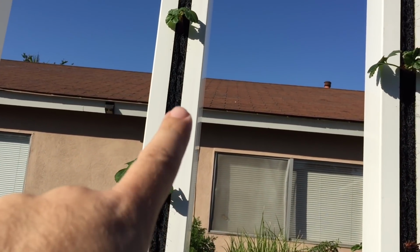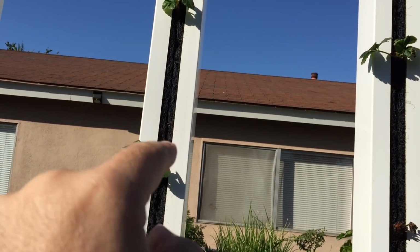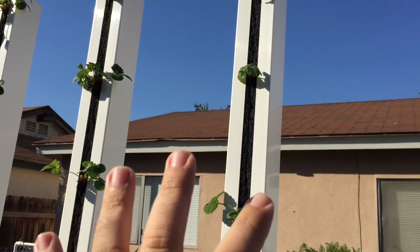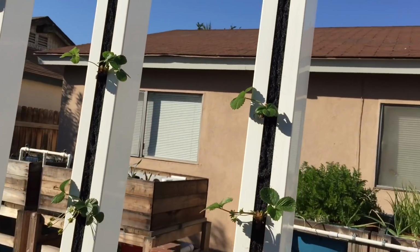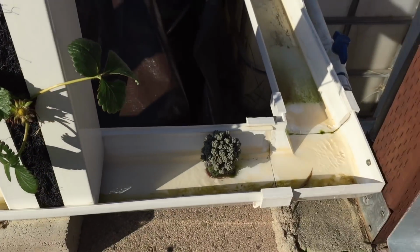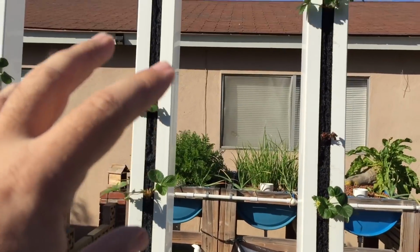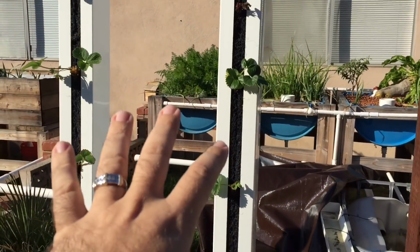This is not like soil in these things. This is just media. And by the way, this media filters out a lot of those solids as well. So I'm getting a lot of different filtration points doing it this way. And that gives the opportunity for bacteria to grow, okay? So the water comes down through these, and then it goes to this rain gutter. And when it goes to the rain gutter, it goes all the way back, okay, and into the sump. Okay, so another point where you're introducing water at the top of this, and then the water goes back into the sump, okay? So I'm growing strawberries on it, and then